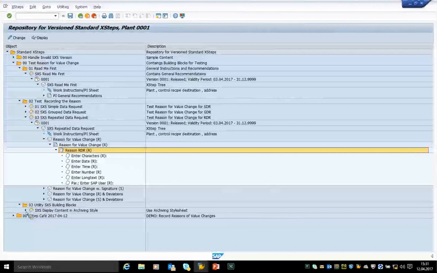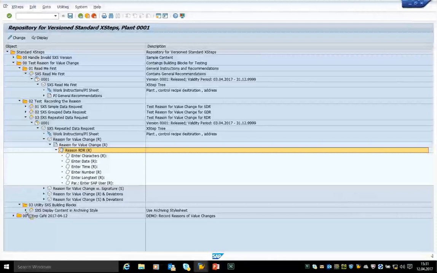So these dialog style sheets are enhanced to support also the output of the reason data. And of course we have the extension of the standard style sheets that we ship for browser-based PI sheets and electronic work instructions, and also the extended ones that some of you might use if you have activated the business function that we shipped with enhancement package 3 that allows, let's say,